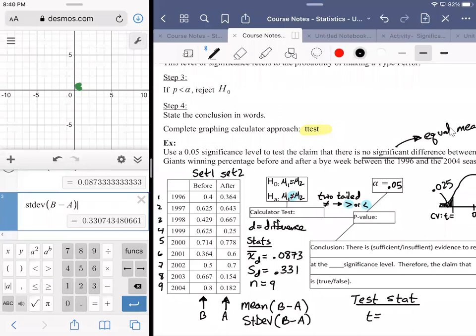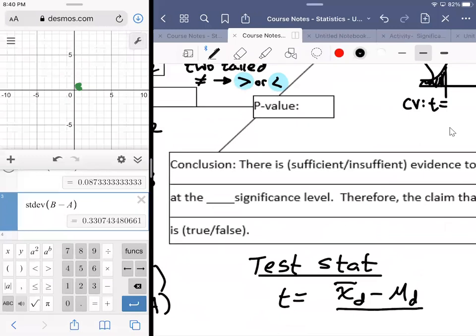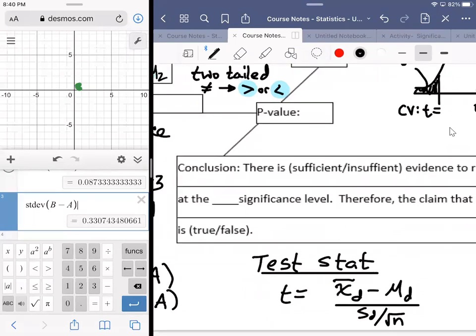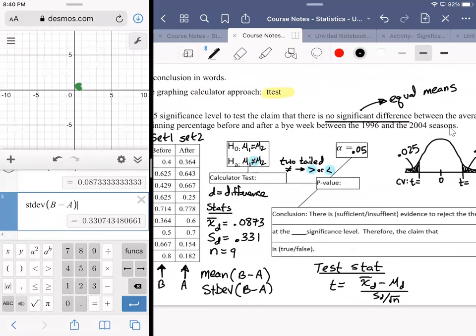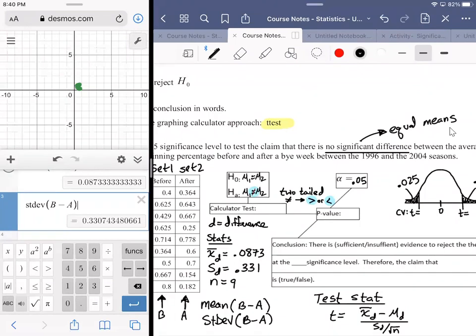T is going to be equal to, instead of x bar, it's going to be x bar sub d minus mu sub d over s sub d over the square root of n. All right, so it's the same formula except the subscripts are d's, but as long as you know that this number is going here,